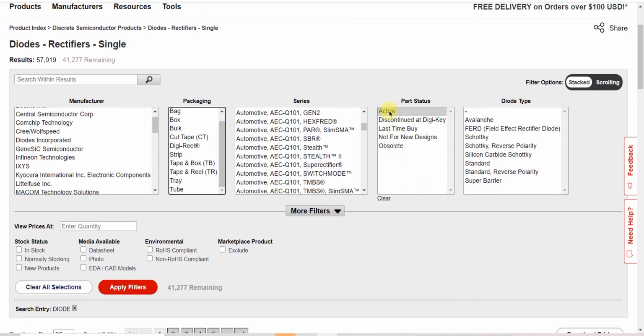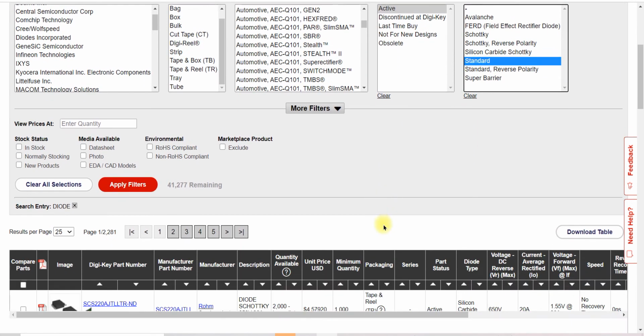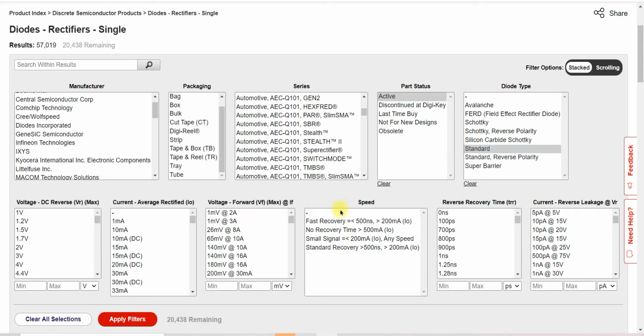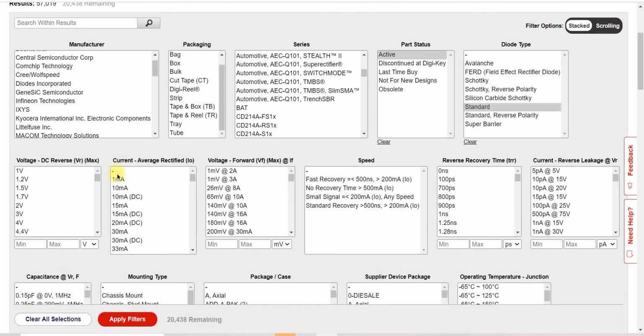Here I have selected active, I don't need to select this, and I select standard diode. It shows the quantity here, and after selecting all the parameters we will apply the filters. These are the more filters, more parameters you can select.